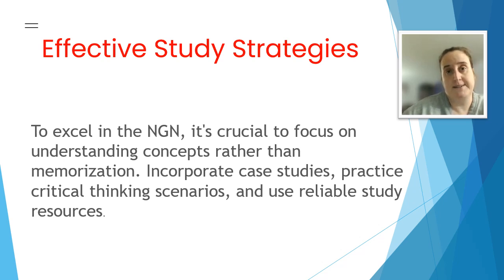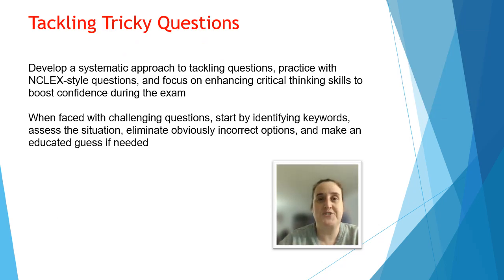That's what helped me. So tackling tricky questions can be very, very difficult, but there's a tip and an approach for how to do this. When tackling them, try to focus on critical thinking skills to boost confidence during the exam. First of all, read the question at least 3 times. Pick out keywords, assess the situation, eliminate incorrect options, and make an educated guess if needed, but just break it down. All they're looking for is safety, that no harm comes to the patient, and clinical knowledge,